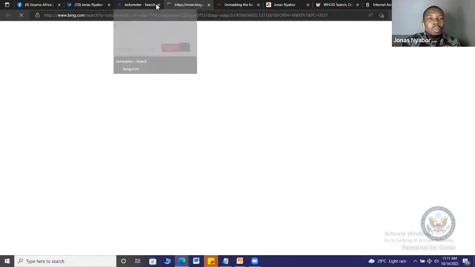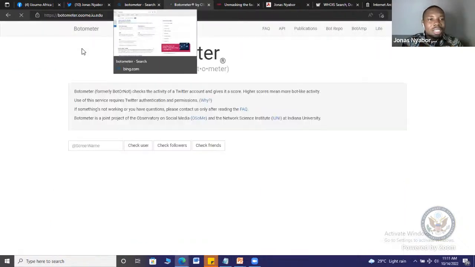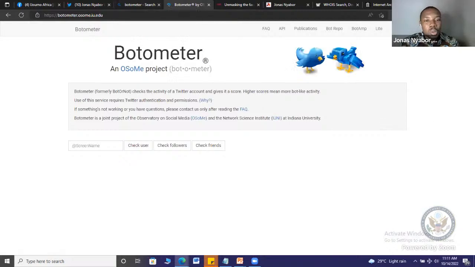So what the Botometer tool does is that it gives us the bot level score of a particular account. So you're able to determine whether this account is a bot account or not. So when you are doing your investigations and you come across a particular account, some of the things you look out for is that this account is tweeting too much. This account is tweeting a particular hashtag a lot. Or this particular account is, like anything I post, this particular account is retweeting. It can be a cause or a premise for investigation.